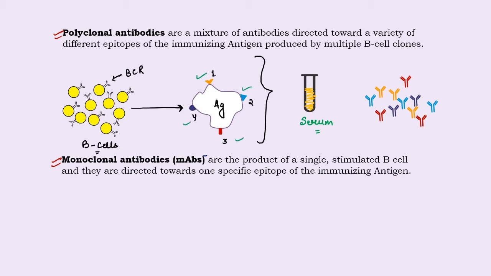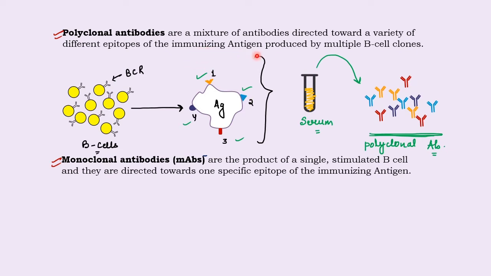Okay, and we know that for each epitope, a different clone of B cell forms the antibody. It means the mixture of these antibodies has been produced by more than one B cell clone, and that is why this type of mixture of antibodies is known as polyclonal antibody. So the definition is: polyclonal antibodies are a mixture of antibodies directed towards a variety of different epitopes